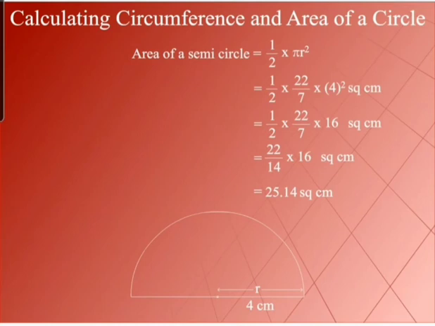But when we talk about a semicircle, which is half of the circle, the formula also divides into half. The area of a circle is pi r square and that of the semicircle is half pi r square. So whatever area you are getting of the circle, just halve it, you will get the area of a semicircle. We are going to do questions based on this in our live class, children.